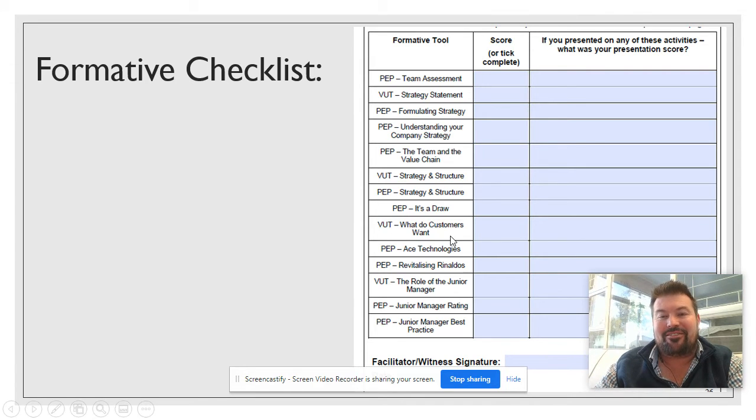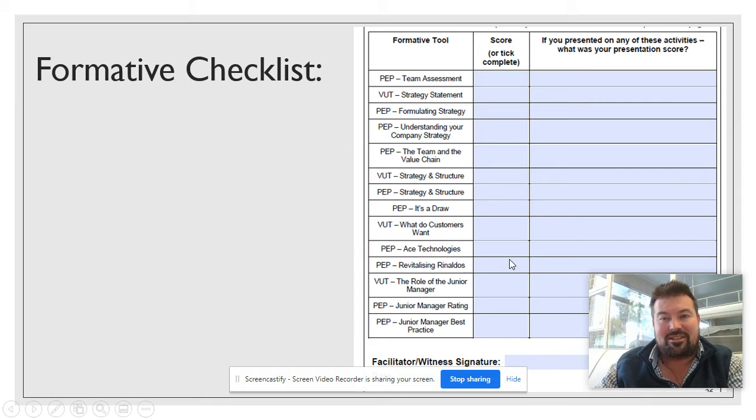Okay, so when you go to value test, what do customers want? Please make sure that you put in what score you had. All right, then PEP for ACE Technologies. Then you tick if you made sure that you did that project. So that's ACE Technologies and Union Automation. Then revitalizing Ronaldo's.